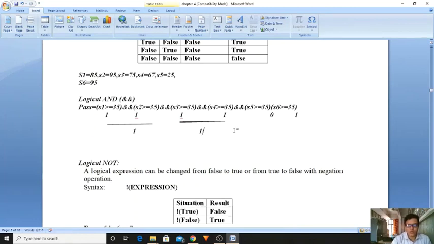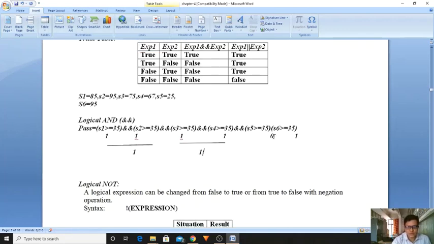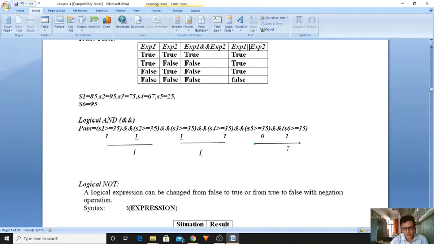Once again I am taking the two conditions that exist, S5 and S6. What is the truth table? S5 is 0 and S6 is 1. Sorry, here we missed this logical operator. Please observe here, we have to use the logical operator, otherwise it will cause confusion. I am testing these two conditions, false, true. What will happen? The result is false. Let me place the result false.